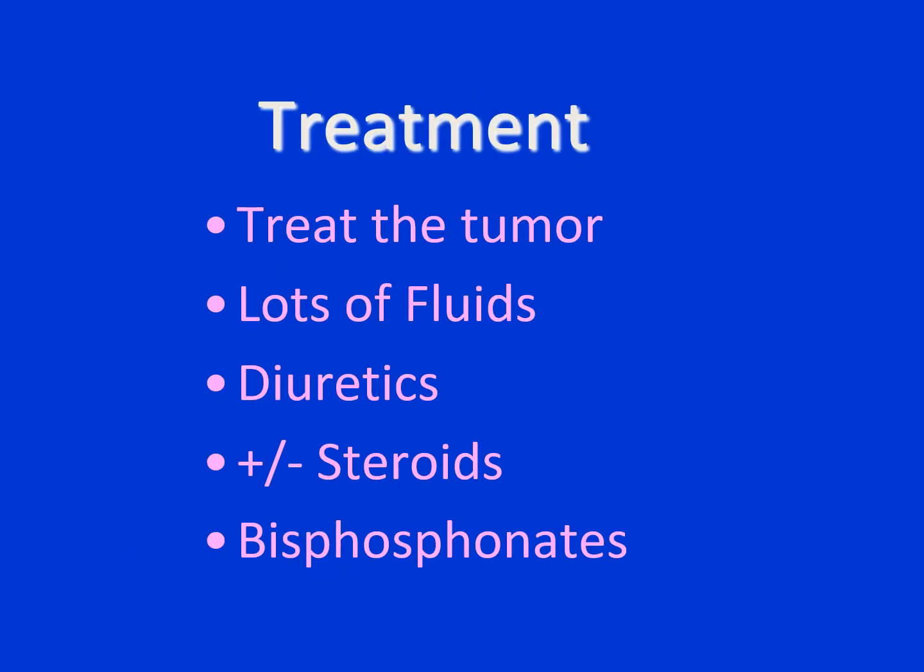The treatment of malignant hypercalcemia is to treat the tumor. The first thing you do is you give patients lots of fluids, normal saline. By the time they come to us and are symptomatic, they're usually missing approximately 6 liters of normal saline. So give them 5 or 6 liters of normal saline and then start to worry about keeping their I's and their O's equal. The use of diuretics, specifically Lasix, which is a calciuric agent, is done more because you need to keep the fluids balanced rather than that Lasix is a really good calciuric agent.